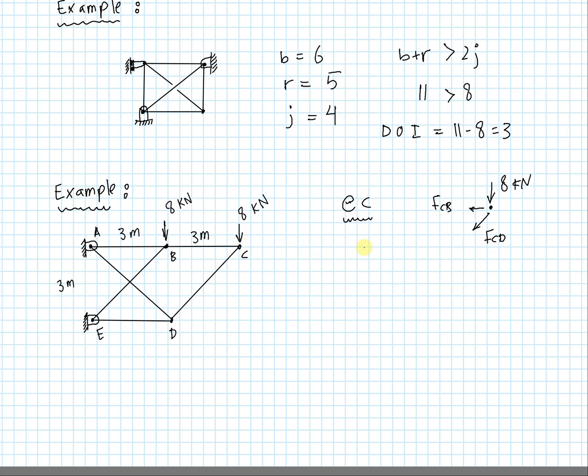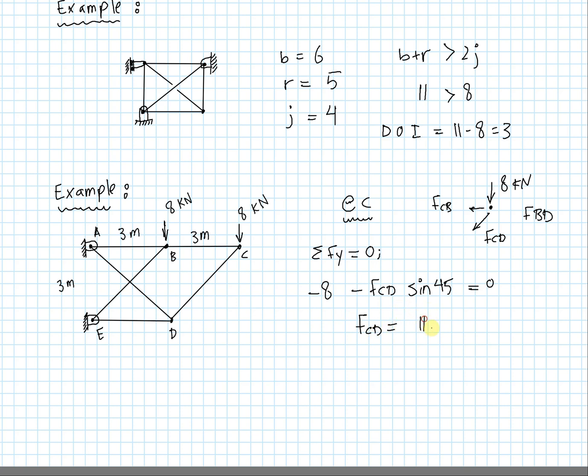So if I'm looking at this free body diagram, this FBD here, and I'm solving for sigma Fy, I simply want to solve for the vertical forces and make sure they equal 0. I can say minus 8, it's minus 8 because down and left are negative, minus FCD sine 45. The angle for element CD is 45 degrees because it has horizontal and vertical dimensions of 3 meters. It makes it a 45-degree angle. Is equal to 0. And so if I simply pulled out my calculator and solved for FCD, I would have a